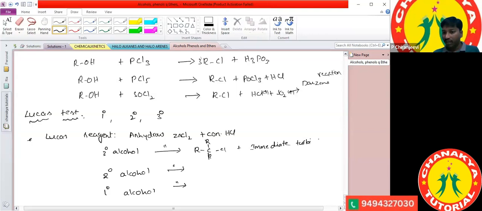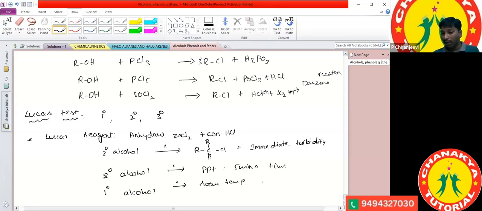Turbidity and secondary alcohol. For the formation of the turbidity, or the precipitate, it takes 5 minutes. If the turbidity is formed within 5 minutes, that confirms the presence of the secondary alcohol. But primary alcohol at room temperature